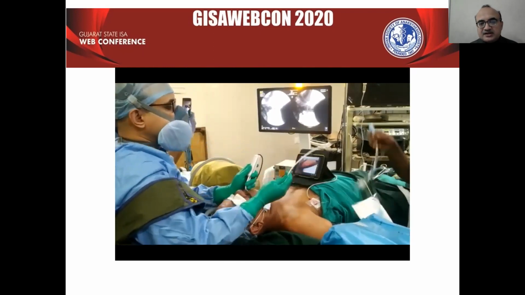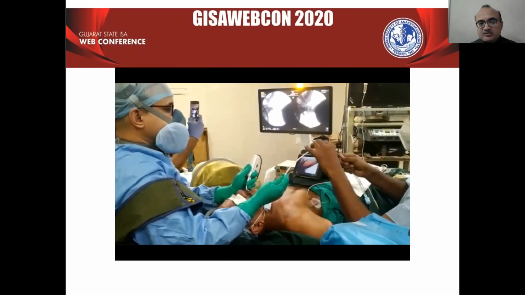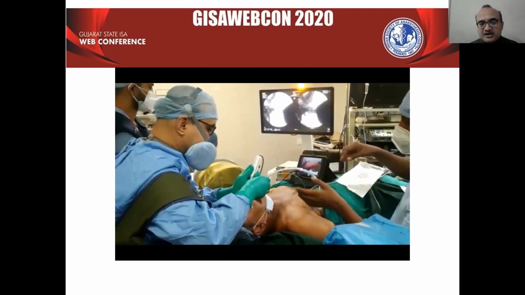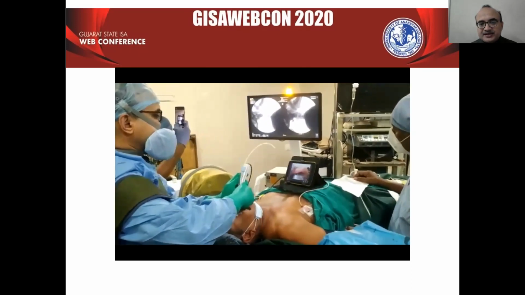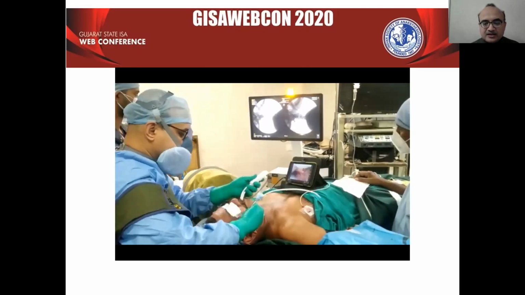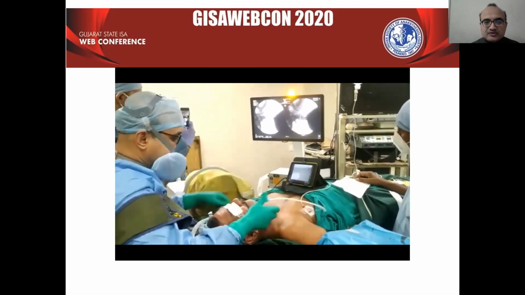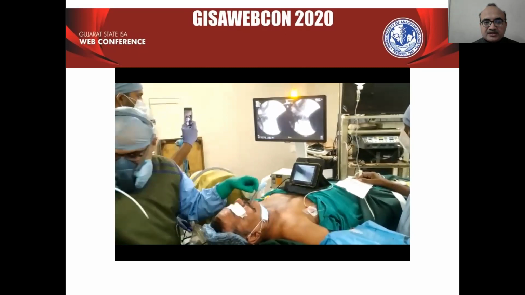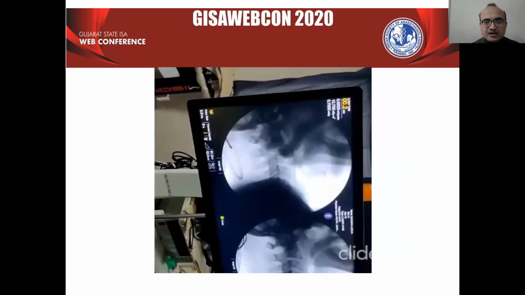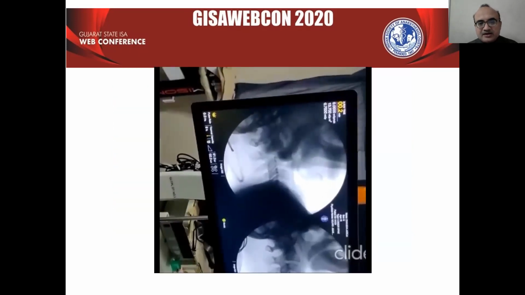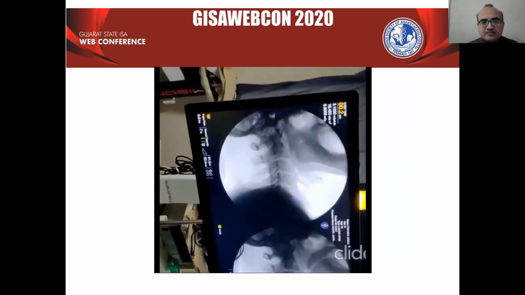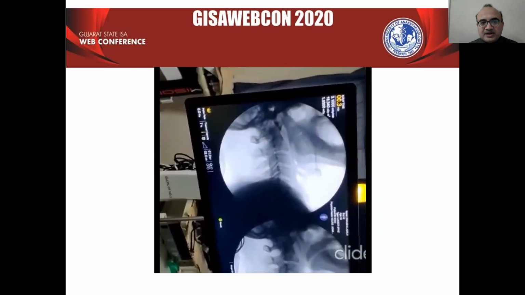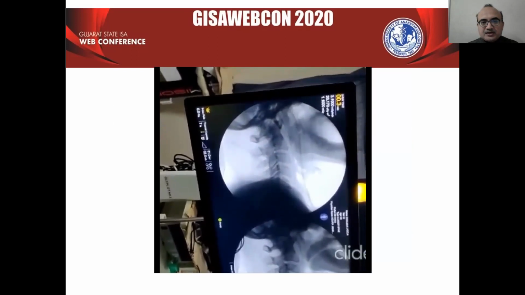See the intubation, see the neck movements, no much neck movements, very minimal neck movements are required to intubate the patient. See the insertion of the tube inside, and I will show you the video which is recorded by the assistant. See, this is how it is done. A very minimal neck movement you may appreciate.